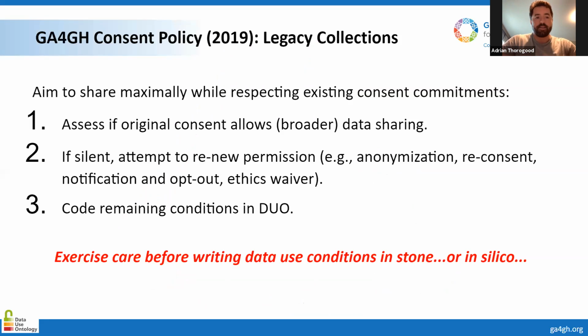Our Global Alliance consent policy also addresses how we balance data sharing with respecting the autonomy of data subjects when it comes to existing collections. And so again, the aim is to share maximally while respecting existing commitments that have been made to data subjects. Now, I'd just like to highlight that we need to be a bit careful before we rush ahead and start